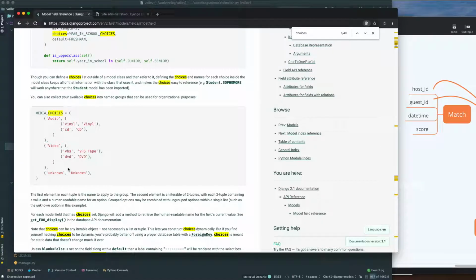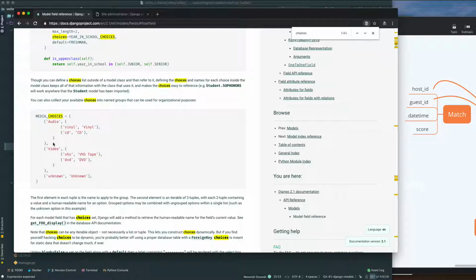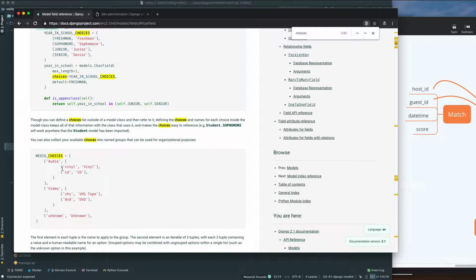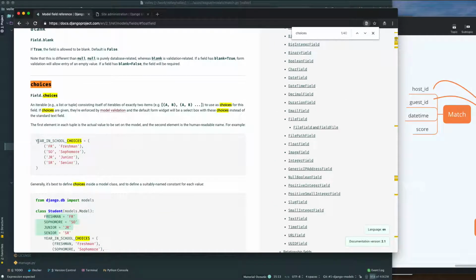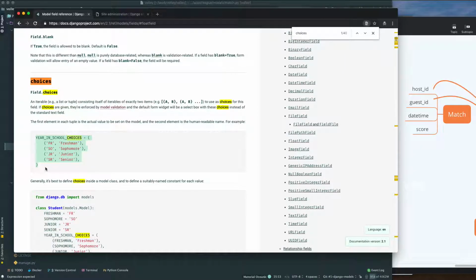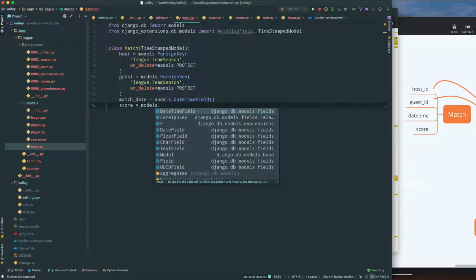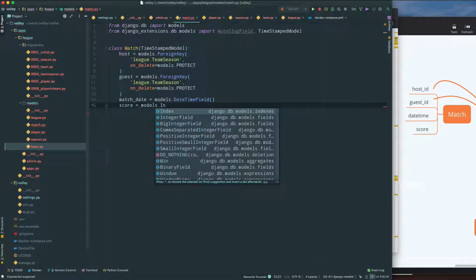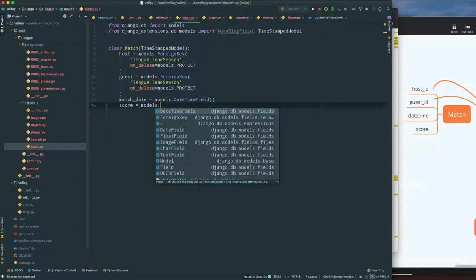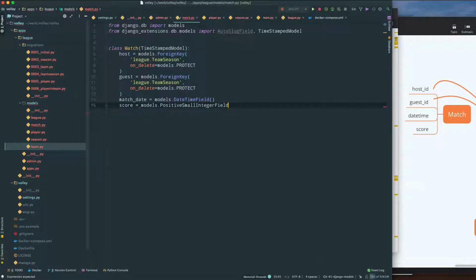But for now, I think what we can do is we can just do this very simple. It's a tuple of tuples passed as choices to the model field. So what we want to do is let's make it positive small integer field, I guess,